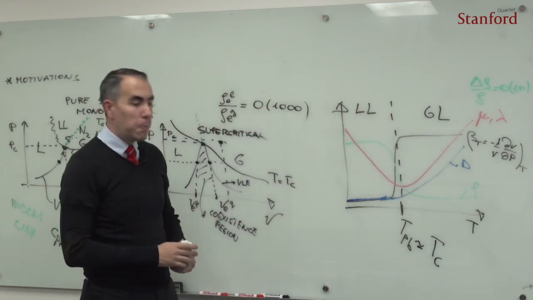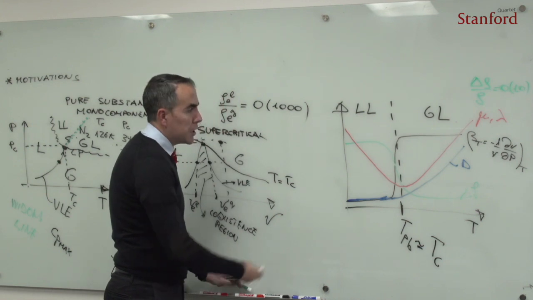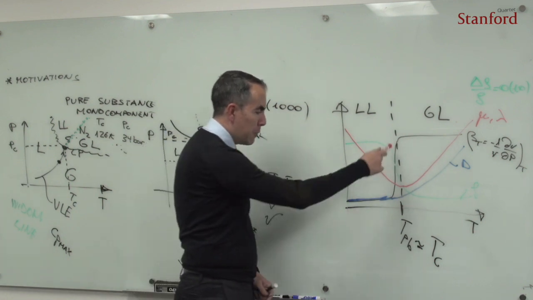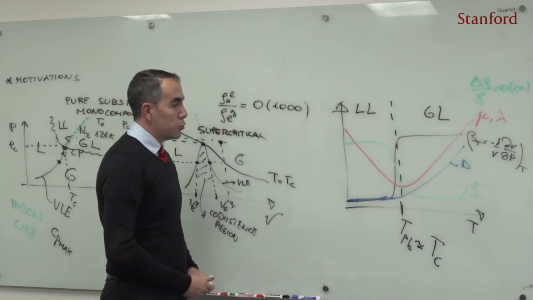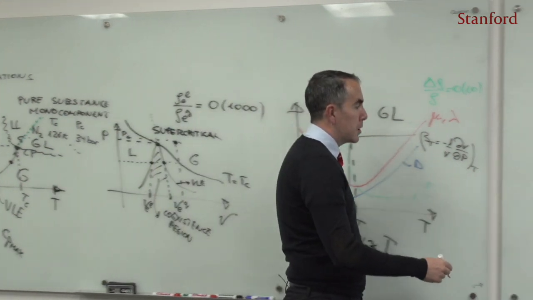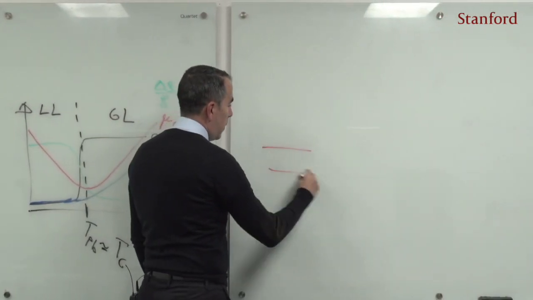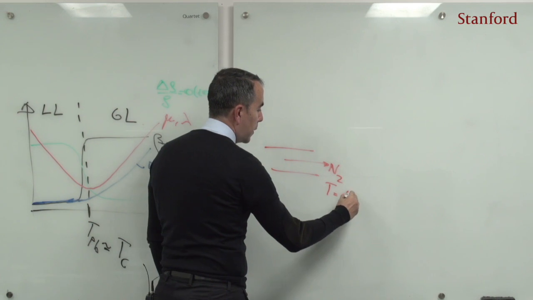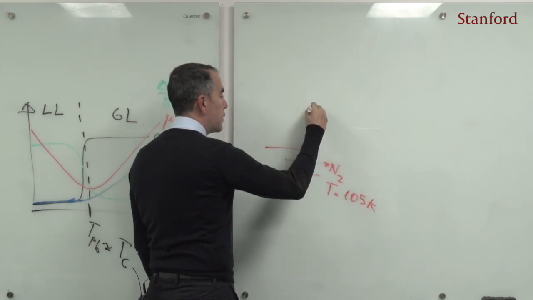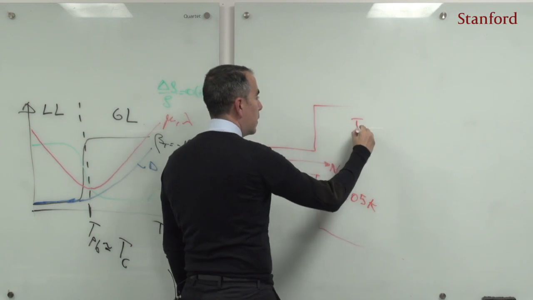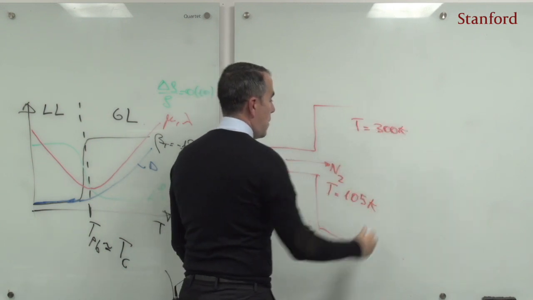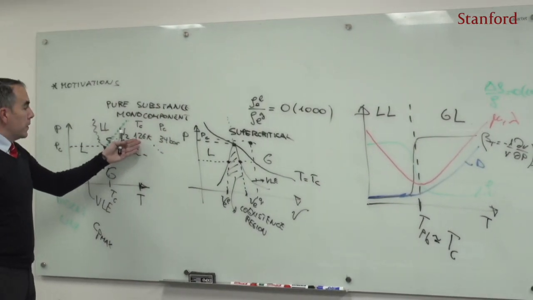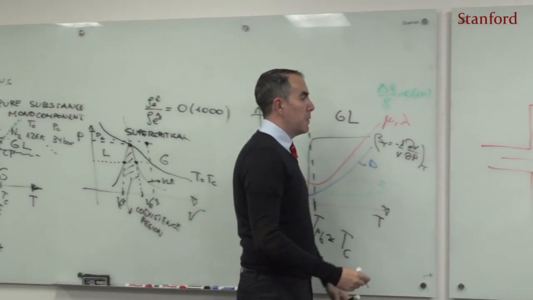Remember, these are just single component systems. So if one looks at this system, you may say, oh my God, I have here some changes in the properties around the pseudo-boiling temperature. It is true. So for instance, let's imagine the case that I try to run this experiment. I have nitrogen injected at a temperature of 105 kelvins, and then here I have a chamber, and the chamber has a temperature of 300 kelvins. If you remember, I gave you here the critical temperature of nitrogen. So if I evaluate this system at 50 bars,